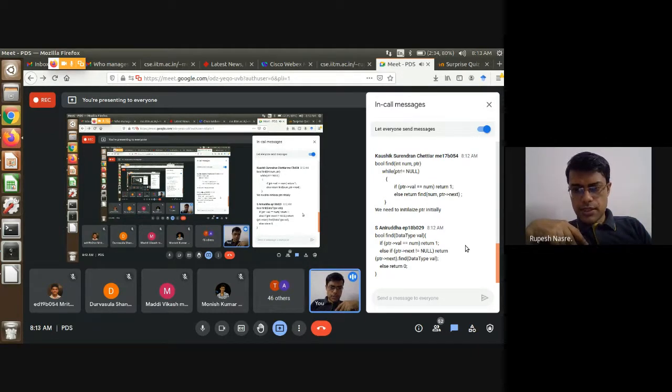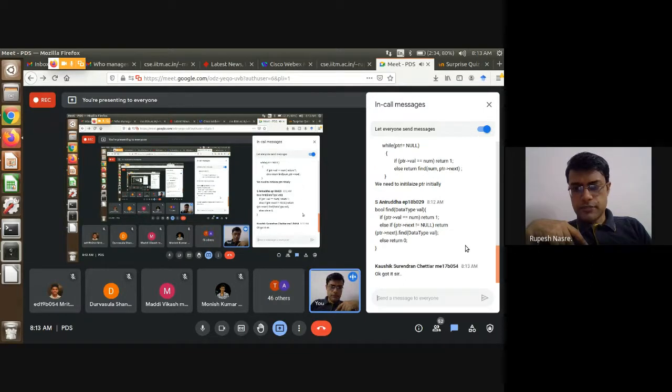Then Aniruddha has written bool find, data type val. If ptr arrow val equals num, return 1, else. Okay, so here is where that null case is important to be checked, because initially when we call this function, ptr might actually be equal to head, and that is what we have to worry about.